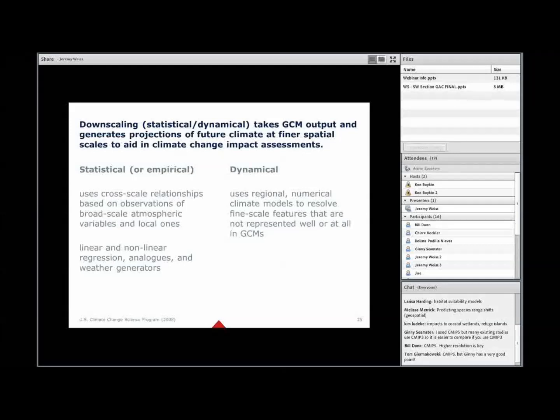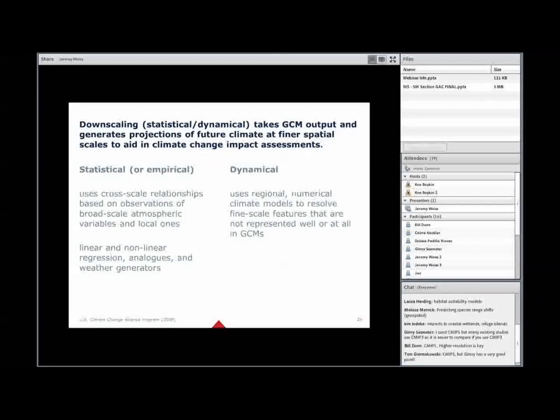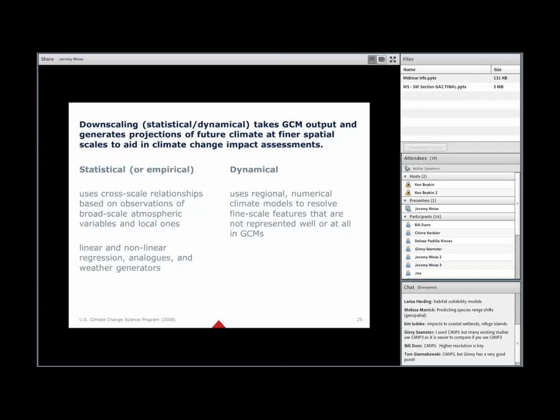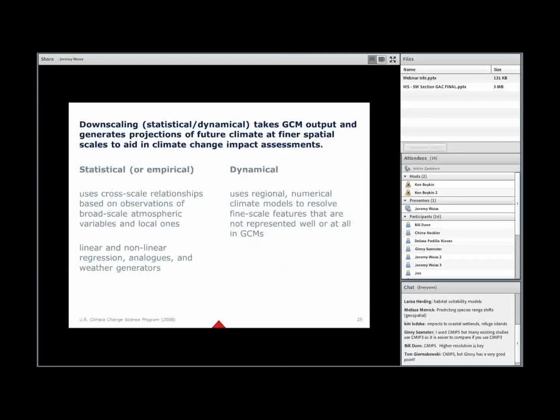So some of the strengths of statistical downscaling include that it's computationally inexpensive. You can produce data on finer spatial scales than the dynamically downscaled models. And it's also applicable to a really wide range of variables.